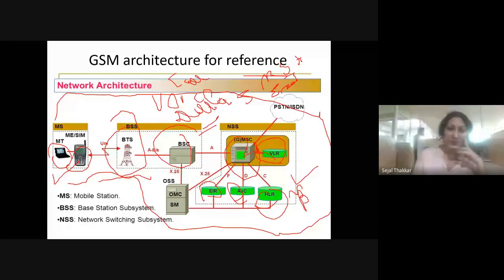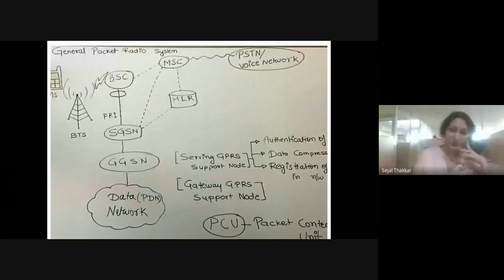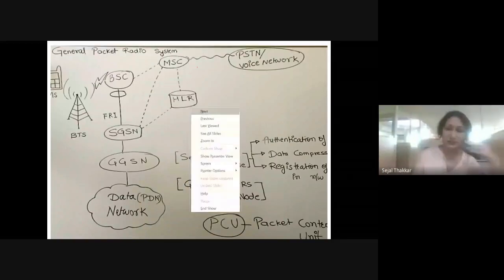Now you can see here all the functions that we were using in the GSM network, we are using the same functions for this.